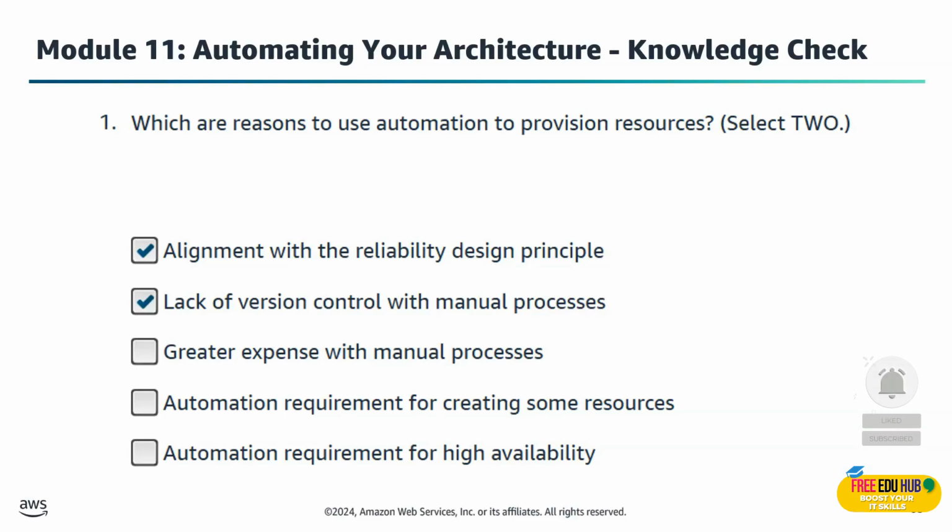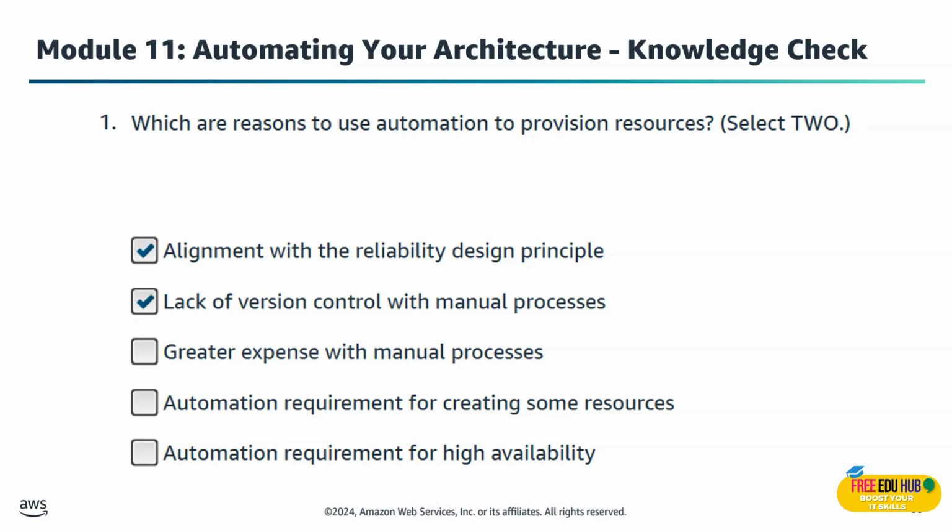Welcome to module number 11, which is about automating your architecture, and it's a knowledge check. We'll go through the right answers and their justifications, and we'll try to explain the wrong answers as well. So the first question states: which are reasons to use automation to provision the resources? The right answers are